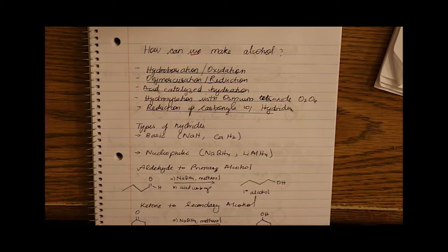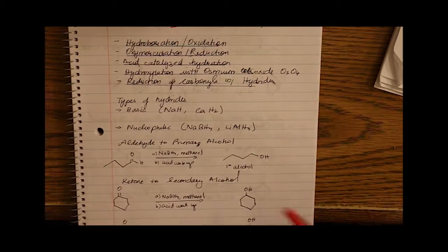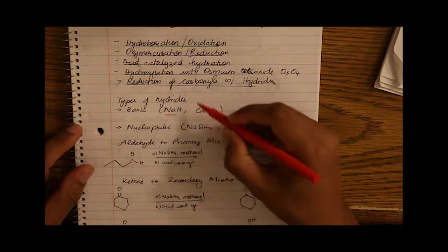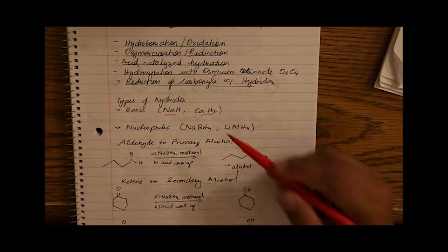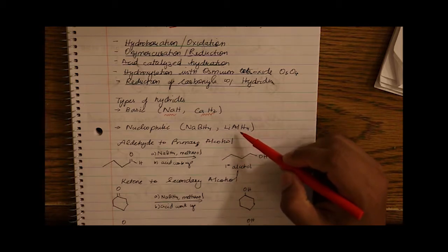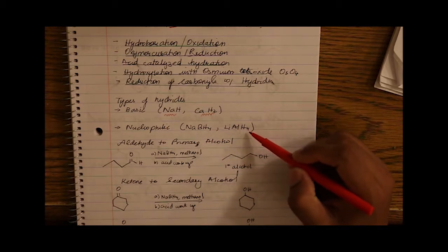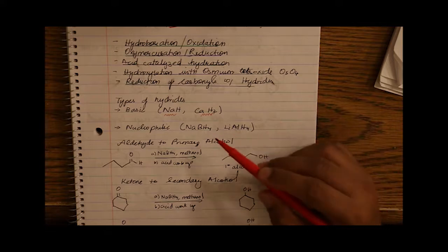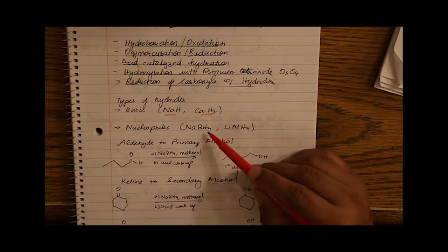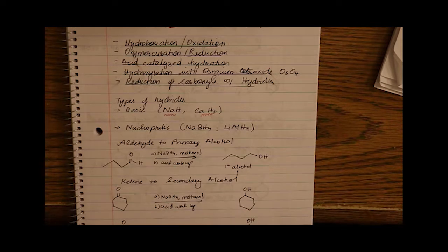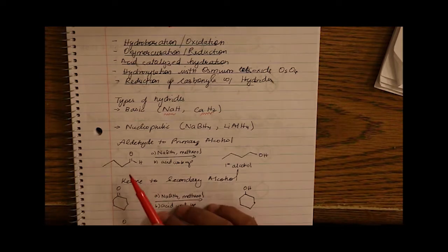So the hydrides we use are sodium hydride here and calcium hydride here. So this is nucleophilic and a reduction. Sodium borohydride and lithium aluminum hydride are reducing agents, this one being the sledgehammer and this one being the weaker reducing agent. So we start off with an aldehyde,